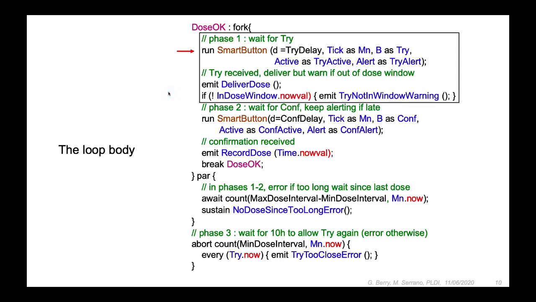Phase 1, waiting for try, starts by instantiating the SmartButton with the right parameters, and when try is pressed, limiting a delivered dose, and then a warning if the dose is not in the timing window. Phase 2 is similar, I won't detail it. The common phase is to error if too long a wait since last dose, the 34 hours. So you wait for these 44 hours, and then you keep emitting, sustain this, keep emitting, no dose is too